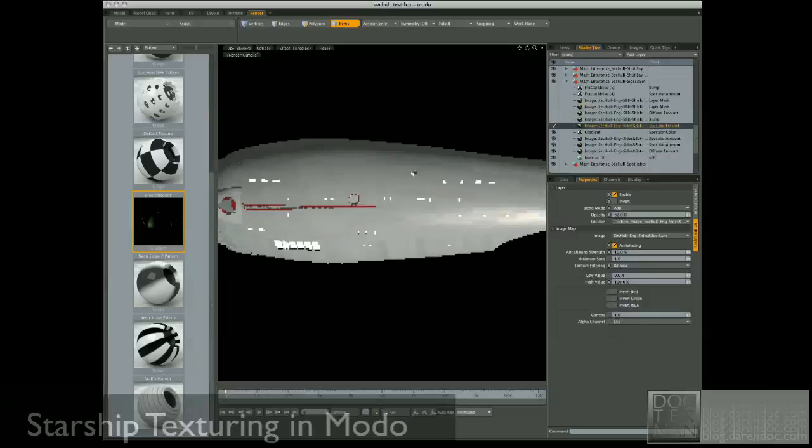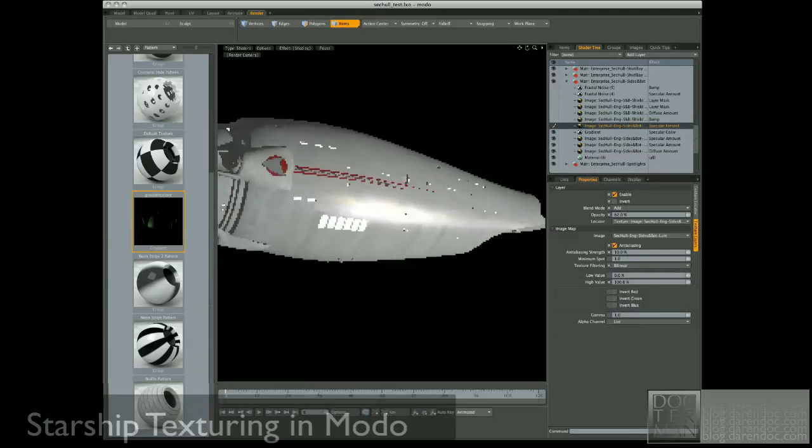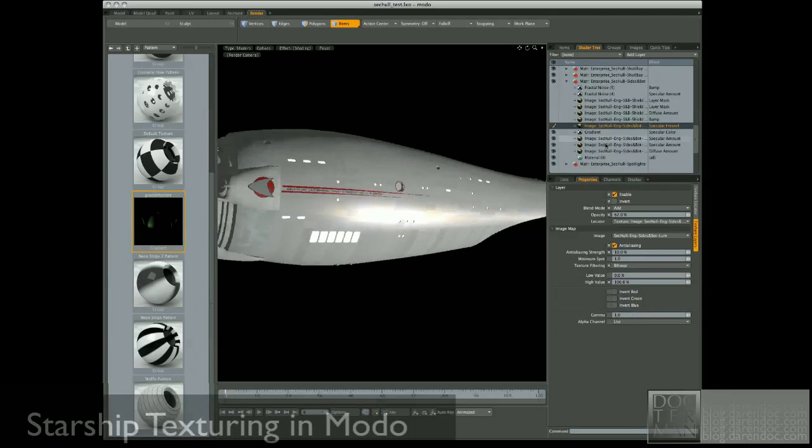That's better. That gives us a nice texture on there. Now we move into our bump mask, which is,